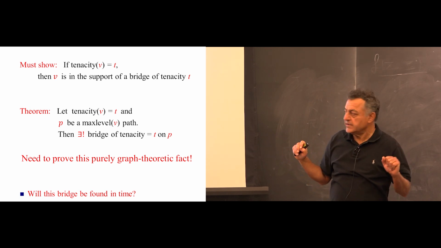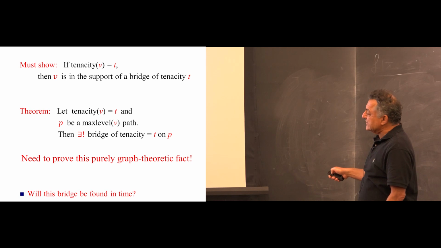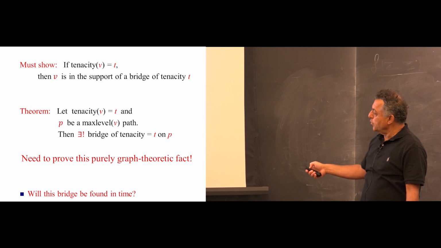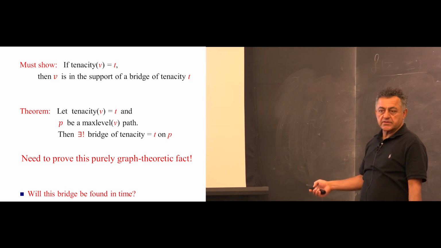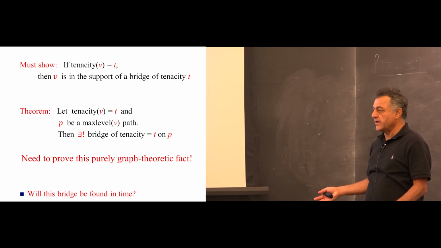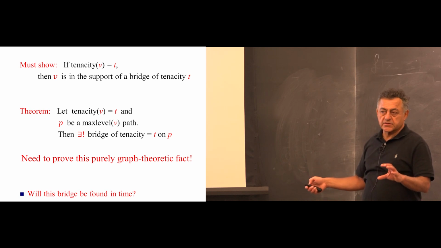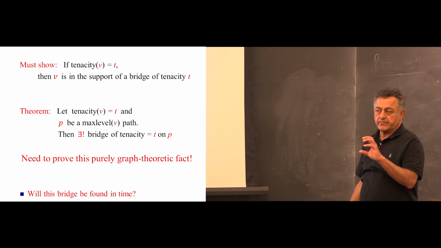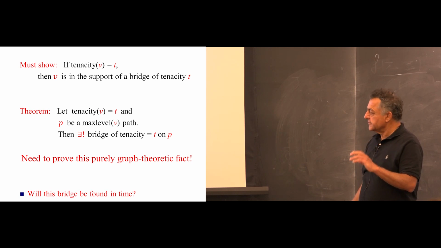right? And this turns out to be what? This is a purely graph theoretic fact. Every max level V path has a bridge of tenacity T on it. We cannot prove this algorithmically. It's a graph theoretic fact. And that's why we need all those graph theoretic facts, including a graph theoretic definition of blossoms. Those facts go very much into proving this theorem. Okay? Is that all? So